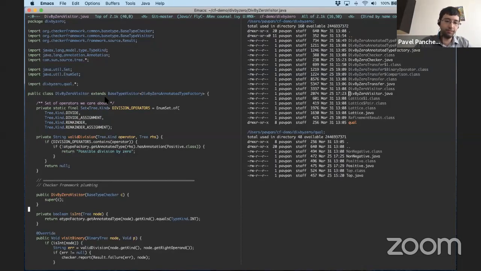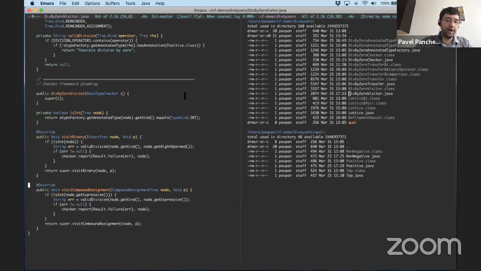You can see that because this is a visitor, and I know y'all have been working with visitors in some of your code for the alternative assignment, it's got all these methods like visit compound assignment and visit binary. So we're overriding those methods. And in particular, what we're doing is when we visit a binary operator, we ask, is it actually an integer operator? And if so, we check whether that is a valid division.